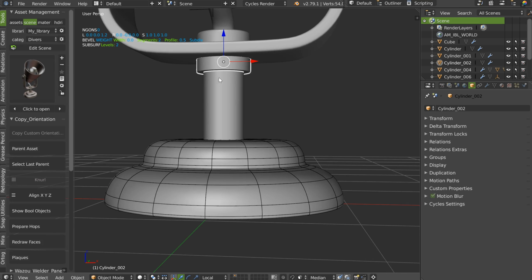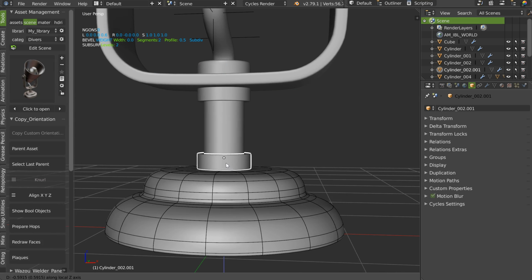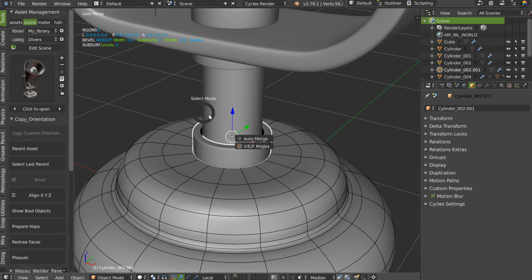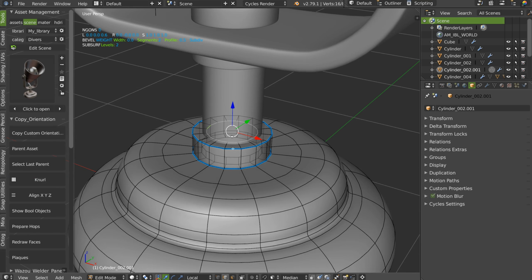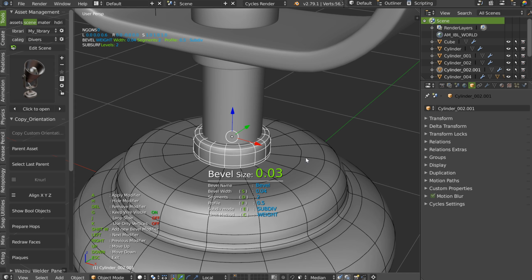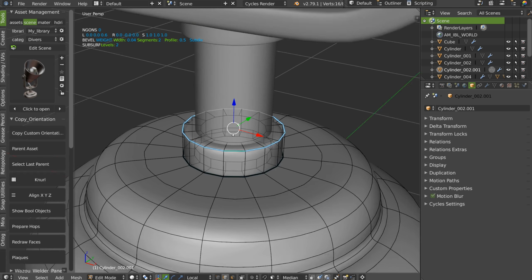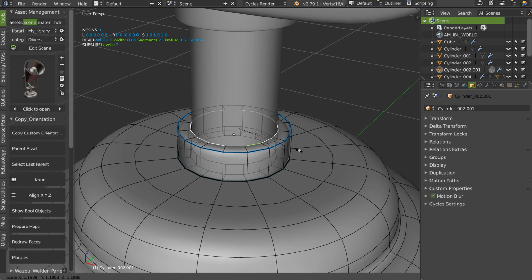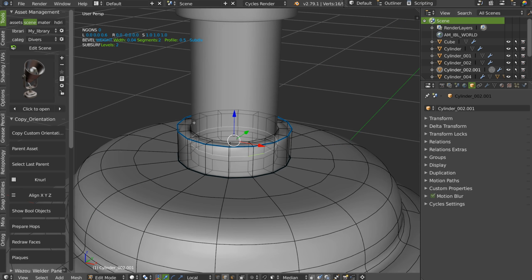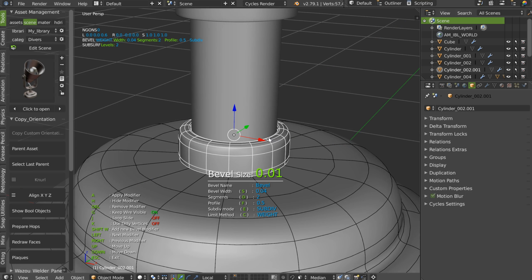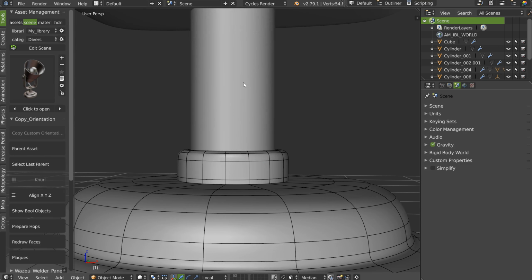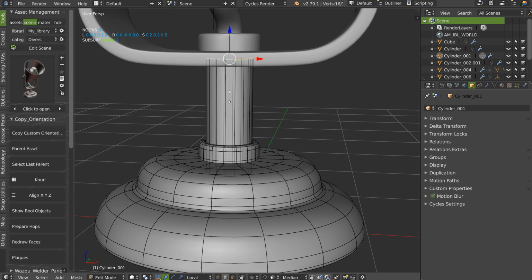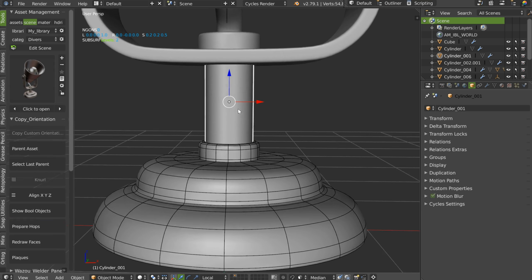For example, I can duplicate this, put it here, select this, make a scale, select this, edit the bevel, and that's it. I can of course make something more realistic, do this, add a bevel here, a little bevel on this one, and that's it. I can do this, I will remove this one, I can select this and check, make it, Ctrl Z, make it here.